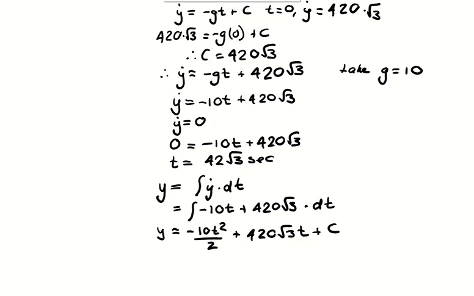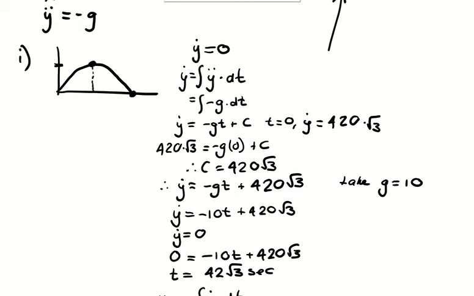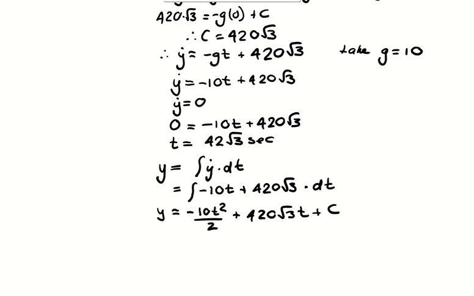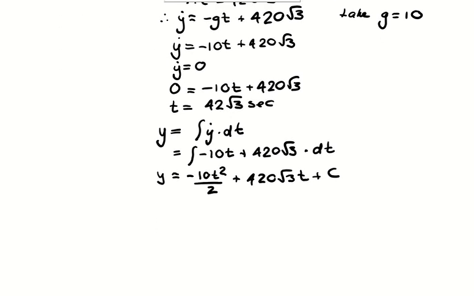Now, what do I know? I know that this particular question started at 0. In other words, it didn't have a projectile out of a building that was 10 meters tall, or somebody throwing a shot put who was 2 meters tall. So I know that the height of this projectile was 0 when time is 0. When I sub those values in, I'm going to get that c is equal to 0, so therefore, now I've found the equation of this particle with respect to time